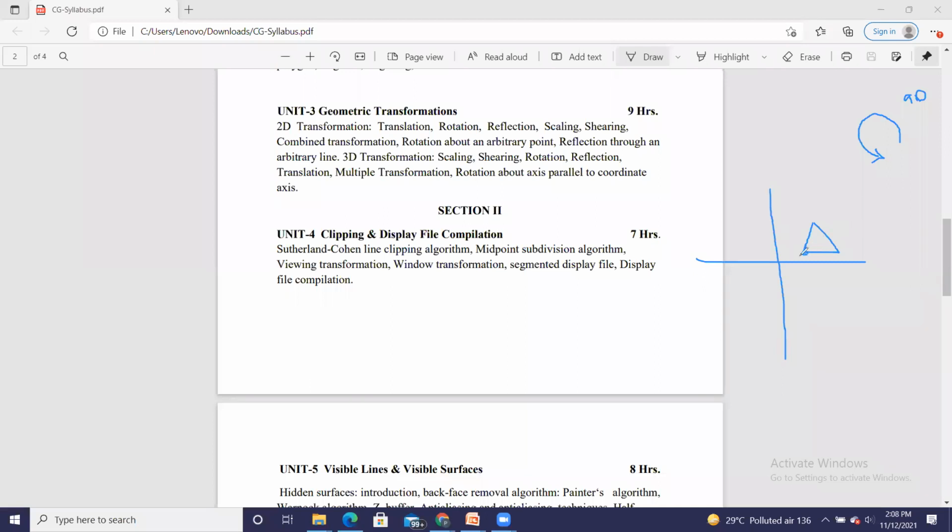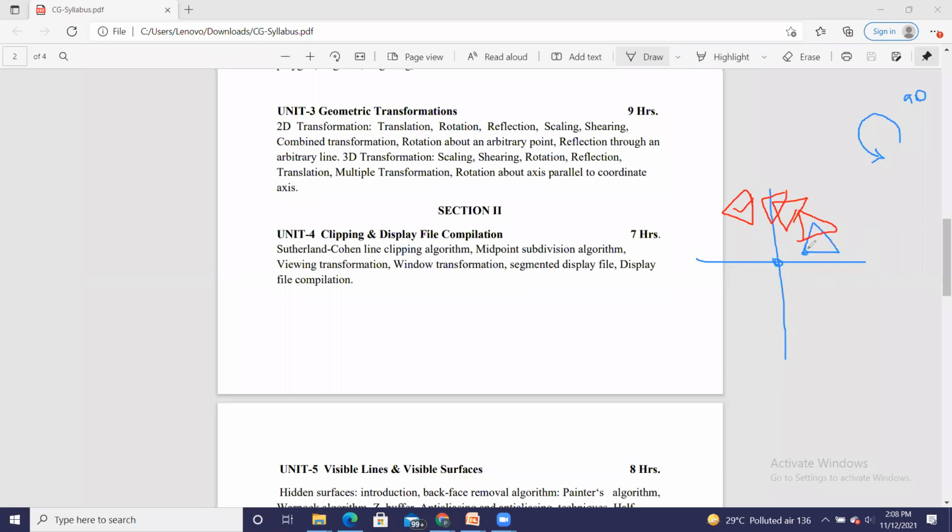So the rotation always takes place with respect to the origin. With respect to the origin, I am going to rotate the object. Currently it is parallel to the x-axis. So after rotation, consider the rotation after 20 degrees, then after 30 degrees, after 70 degrees, and after 80 degrees, and at the end I will have the rotation of this object after 90. So this is your resultant object.